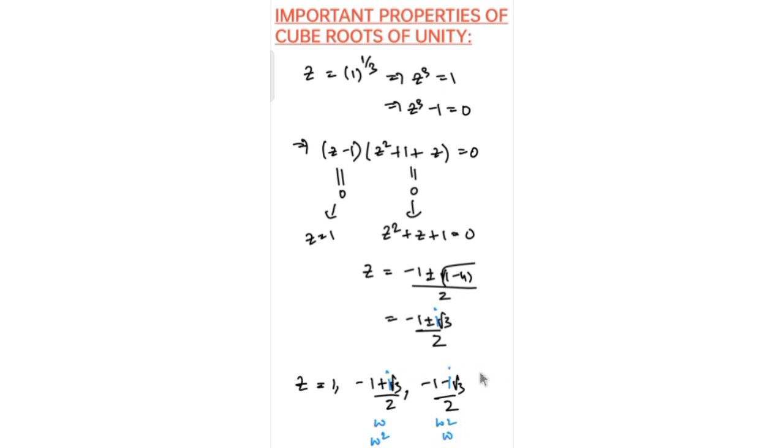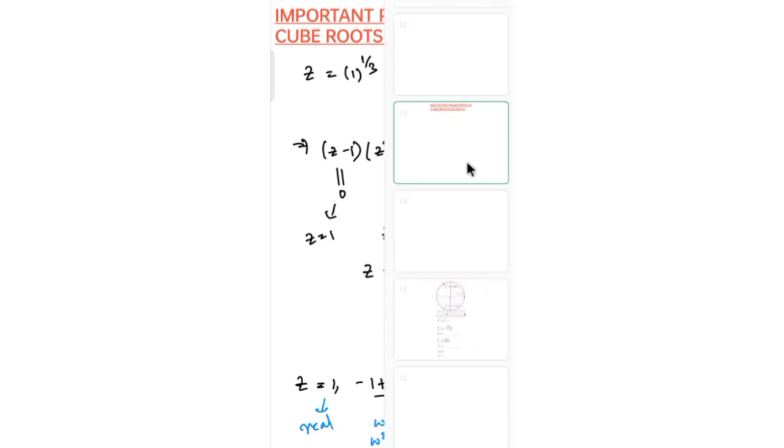You can even check how we get this. It's very simple, I just don't want to deal with all those things. If this is omega, this could be the omega square, and if we consider this as omega square, then the other would be omega. So one is the real root, and these both are imaginary roots. Another important point, these are not so much important points as the basic set of roots, that's it. So the conjugate of omega is equal to omega square.